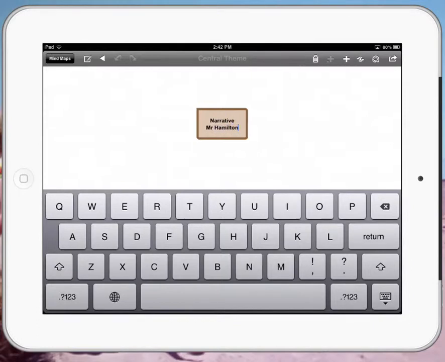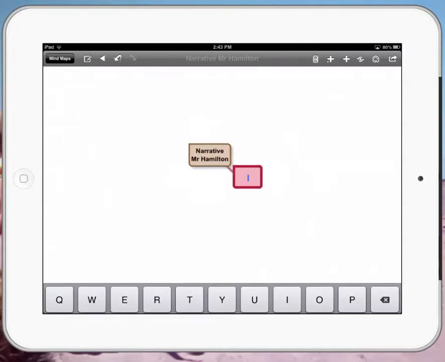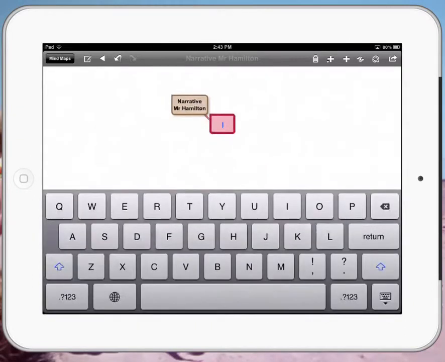So obviously, before we do any of this, we need to have gone through the structure of a narrative with our students, and what we're doing now is just planning out our first story together. So the first thing that we could do as a whole class is actually put in the structure. So we might here put in our setting, or I might also put the word orientation,